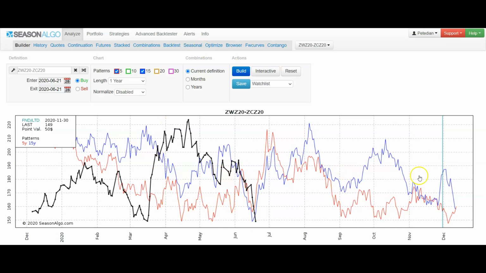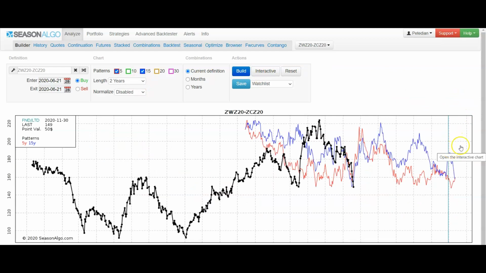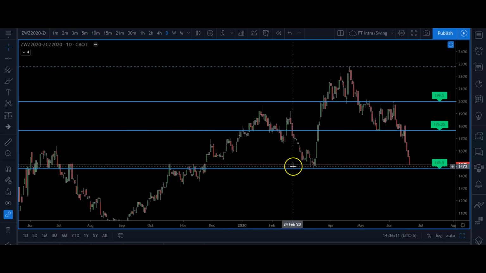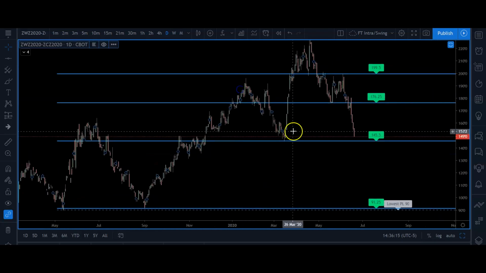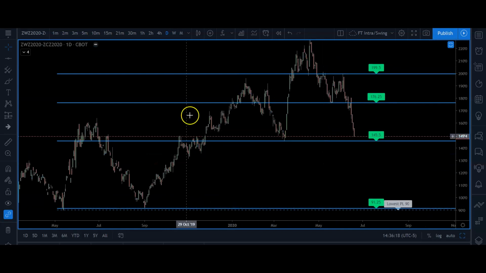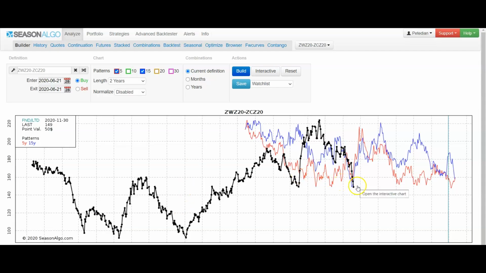Why, when you're using Seasonal Algo, it might fool you: make sure you turn the length up as much as possible. If I turn this length to 2 years and hit build again, it'll show what we were seeing on these charts, right? We were seeing price at these bottoms before. So just make sure you get a wide scope of things real quickly before you make a decision by looking at what they offer you by default. Oh, this is a time to buy. I think it's a great opportunity.